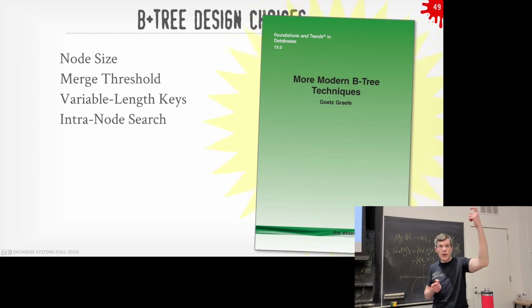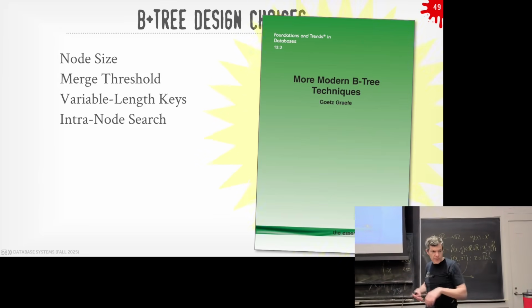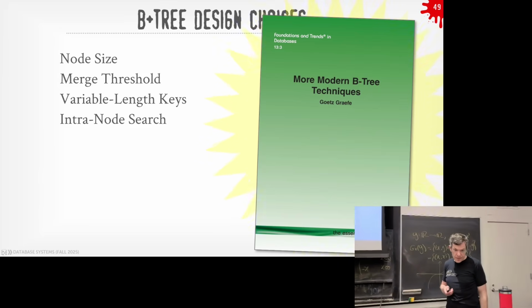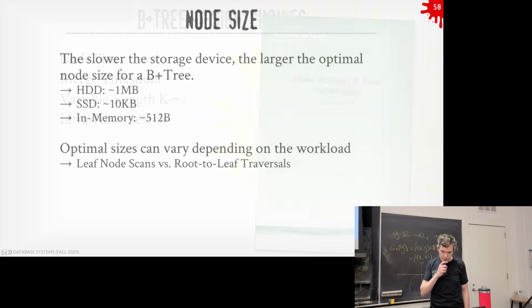He's going to invent the way we want to build query optimizers. He's going to invent the way we're going to do parallel operations in our database system. So this guy is brilliant, and he's written the definitive guide on B+Trees. Again, notice though he calls them B-trees instead of B+Trees, right? But it's the same thing.